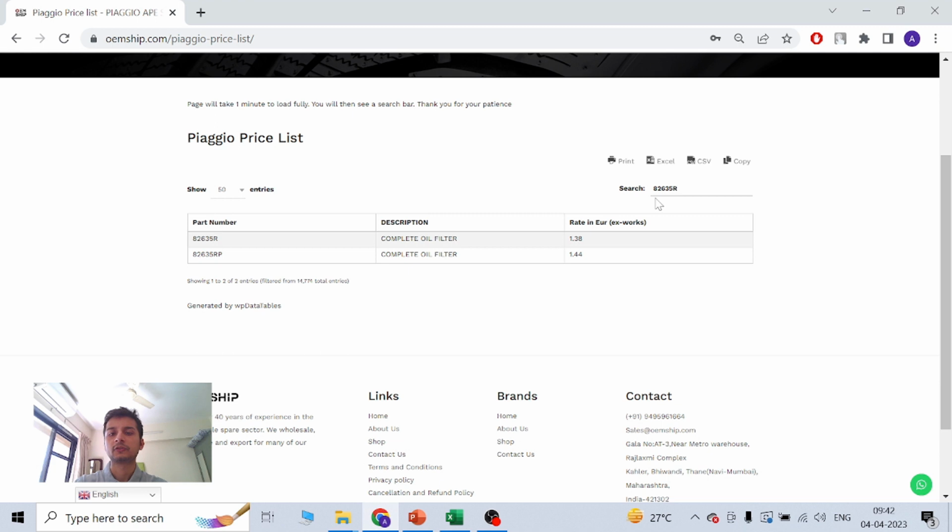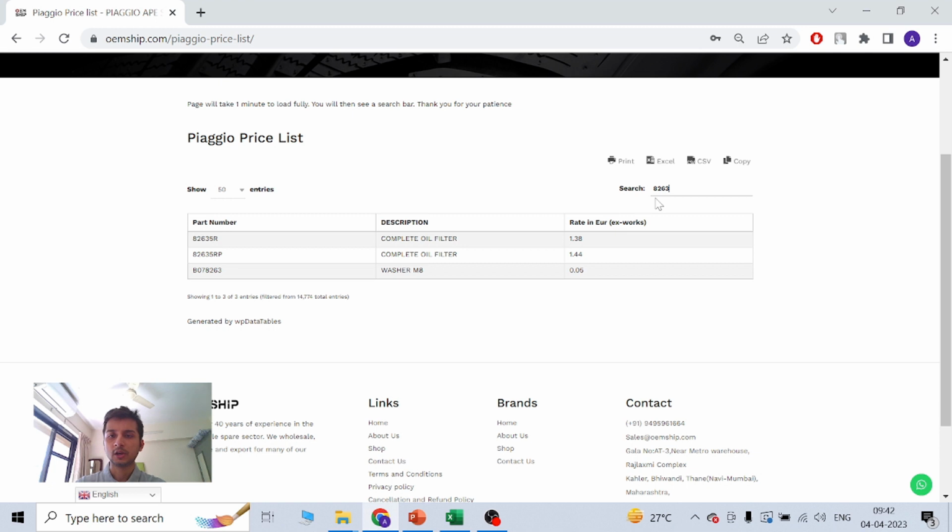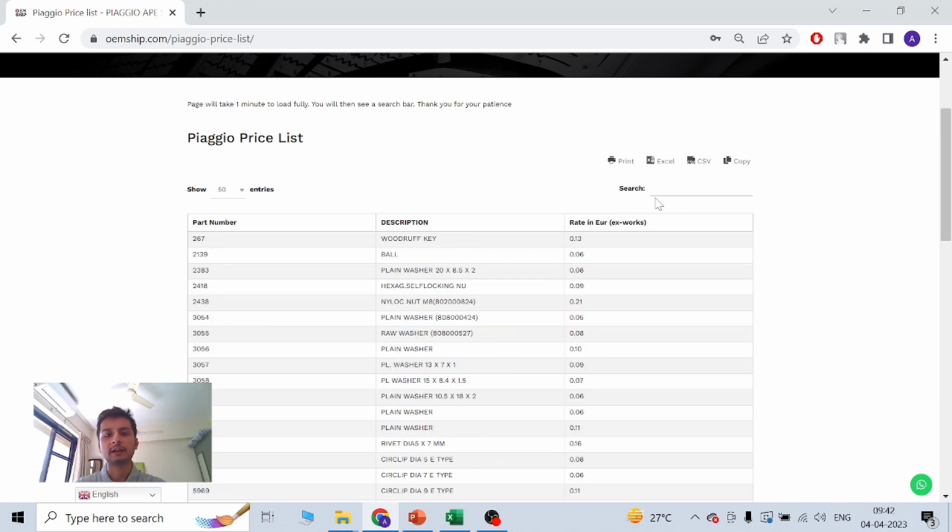The price is written there, so you can convert it yourself. You can use Google Translator, and whatever the number shows up there, we will take that. So 1.38 euros is the cost per oil filter. Whichever POP number you have, just put it, and you will come to know the price of your product.